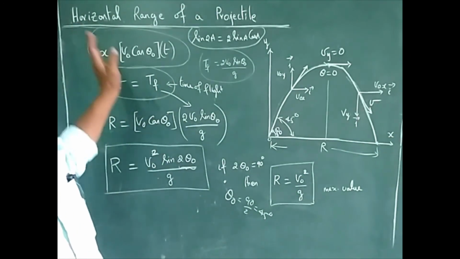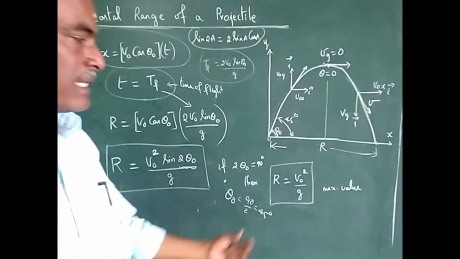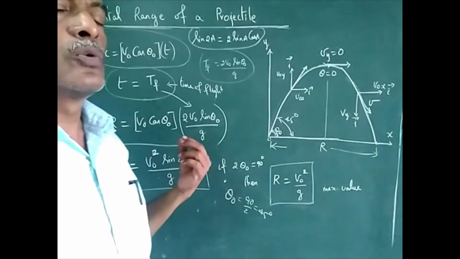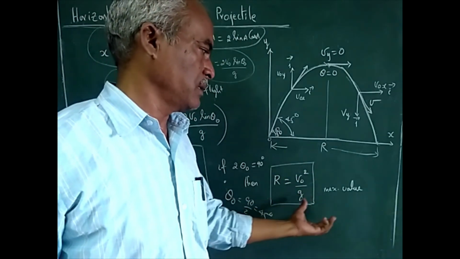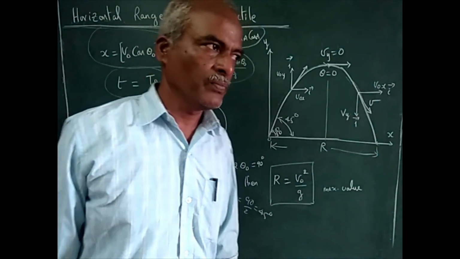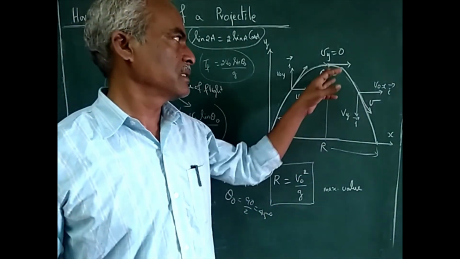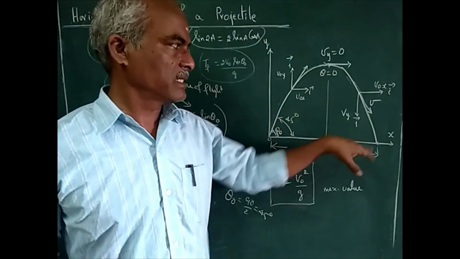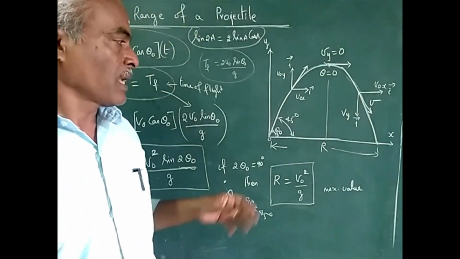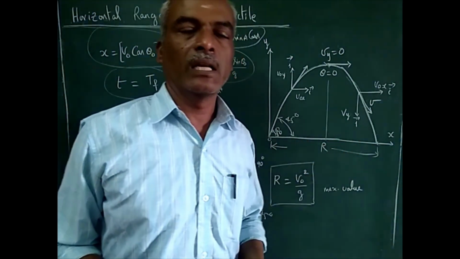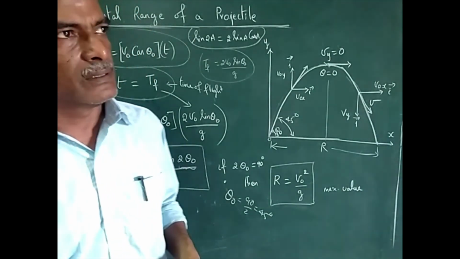Okay, so the horizontal range of a projectile is given by this general formula, and for the maximum range, 2 theta naught is substituted by 90 degrees, so you will get R equal to V naught square by g, which is the maximum range. So that's all about projectiles. We have seen the maximum height, the time of flight, the time required to reach maximum height, and the range. Finally we got the result for the range. Okay, that's all about the basic